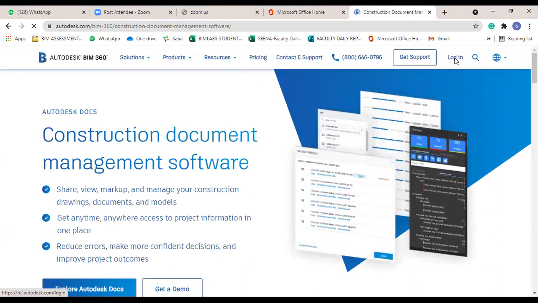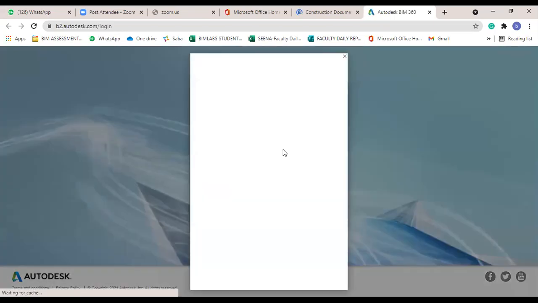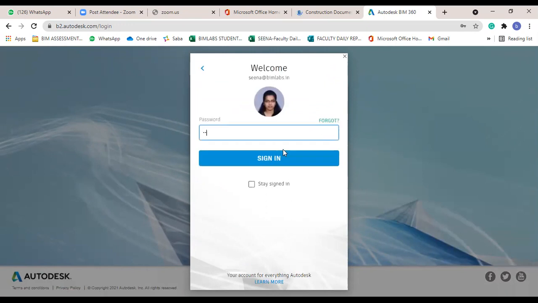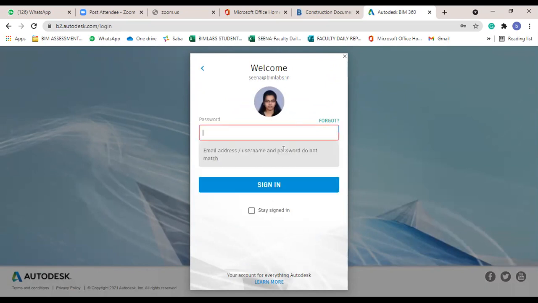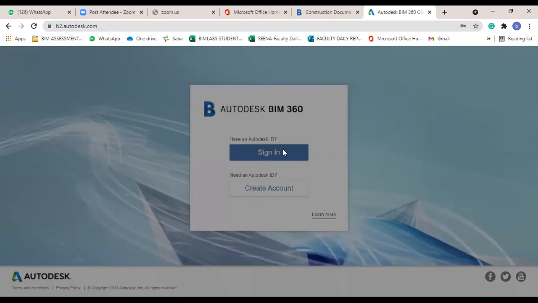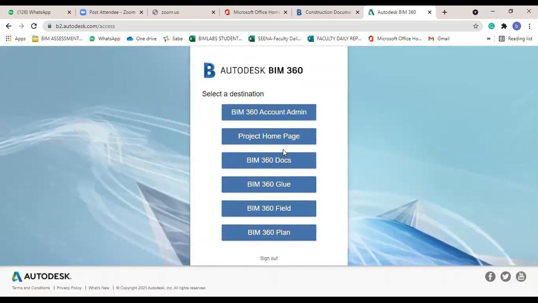So I want to log in. Okay. So I'm going to open BIM 360 Docs.